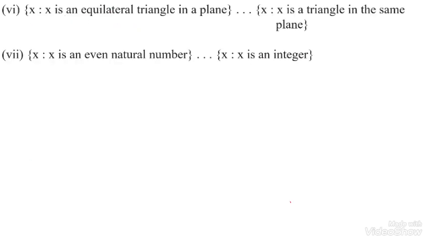X is an equilateral triangle. Equilateral triangle means all the sides are equal. Equilateral means all the sides are equal in any triangle. Okay. Here x is a triangle in a plane. X in a triangle, it may be